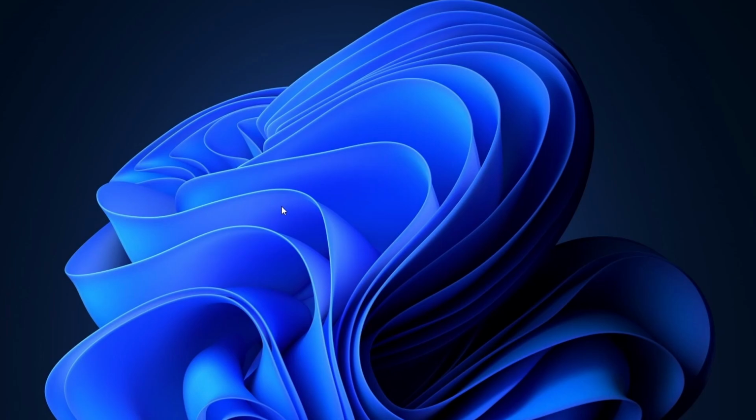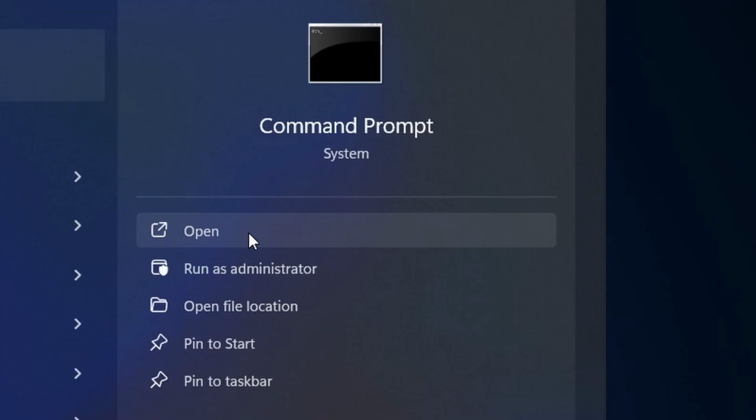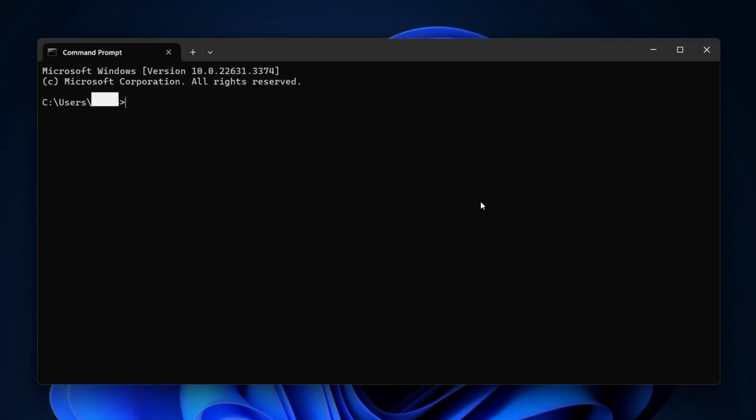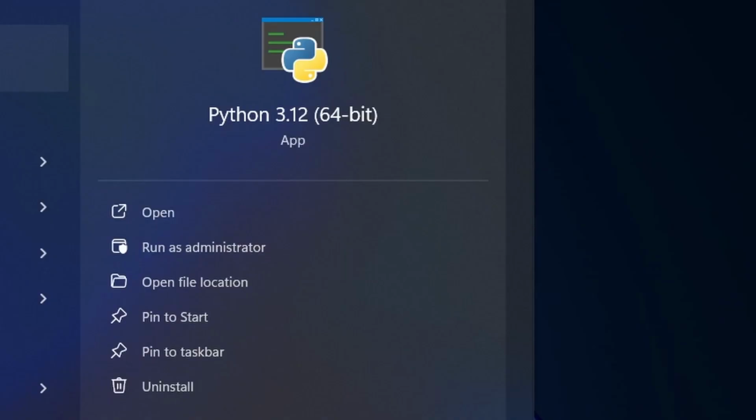To verify that Python has been installed correctly, open the command prompt by pressing the Windows key, typing cmd, and pressing Enter. In the command prompt window, type python --version and press Enter. You should see the version number of Python displayed on the screen, confirming that Python has been installed successfully. You're now ready to start writing and running